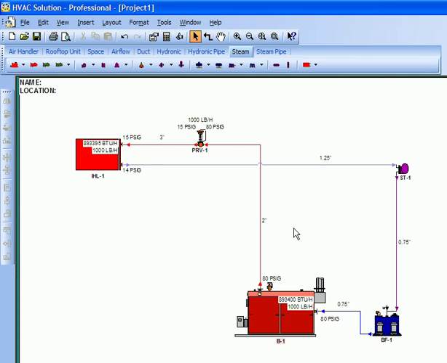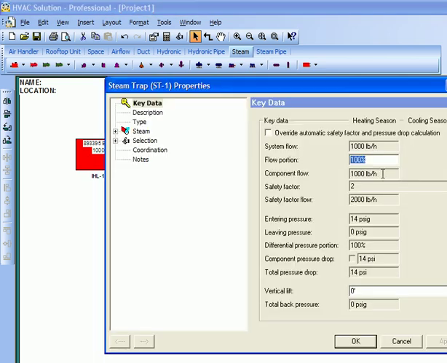In this tutorial, I'm going to further develop the selection of these components here in this previous example. Specifically, we're going to look at the steam trap a little bit. And you'll notice I'm right at the key data tab. And what the steam trap is doing, how it's being sized with an entering pressure of 14, a leaving pressure